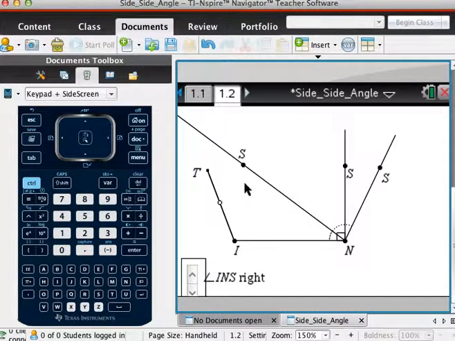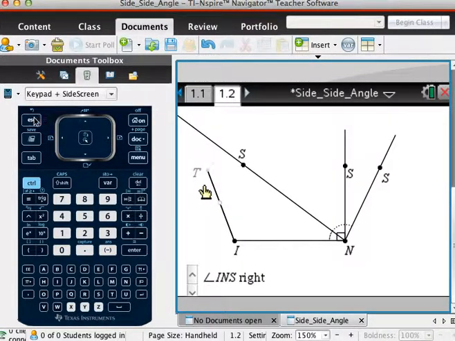sometimes we created triangles with this acute angle right here. Sometimes we created triangles with the obtuse angle all the way to this line here. And sometimes we created triangles with the 90-degree angle with this line here. Okay? And they all kind of had the same basic properties. So with this